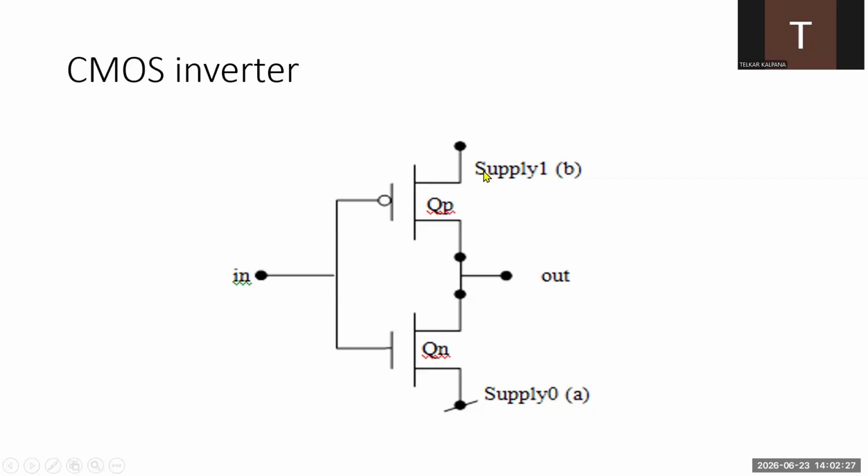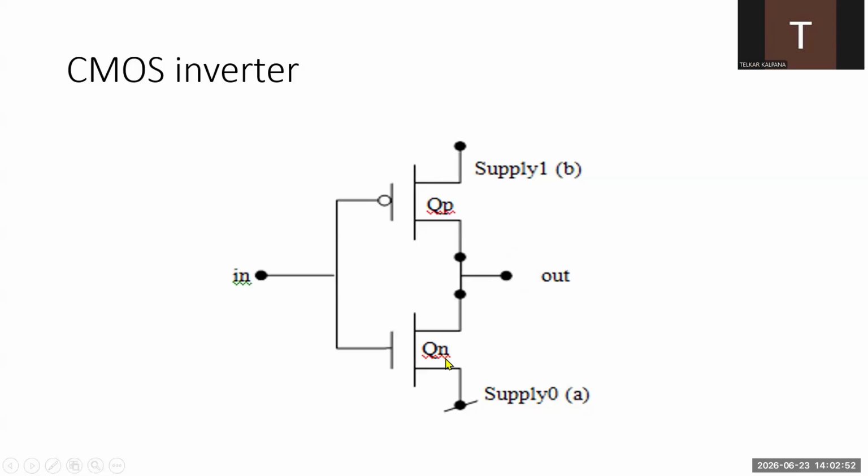So supply 1 is totally disconnected from the output because the upper transistor is off. Coming to the lower transistor, as it is in on state, whatever may be the output voltage at the out terminal, that will be pulled down to logic 0, nothing but supply 0, through the transistor QN,